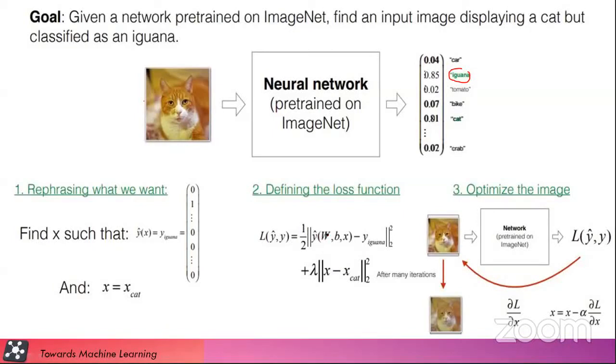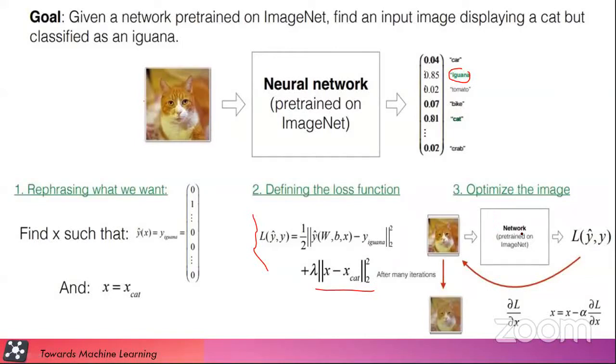In this loss function, we have one additional thing for the x as well, because we now have a constraint on our x as well. So lambda times x minus x cat. This is the same L2 loss, but we have another term in this also. And the same way we will optimize it.